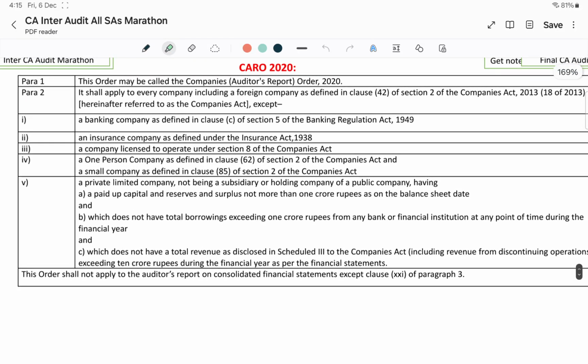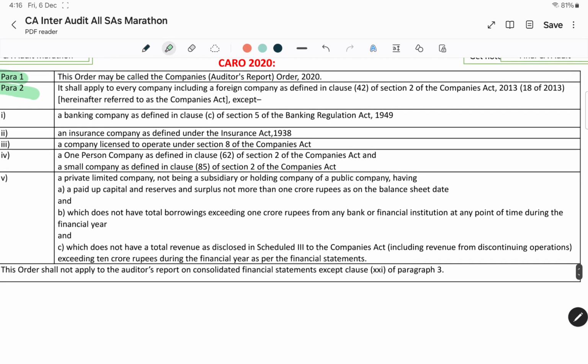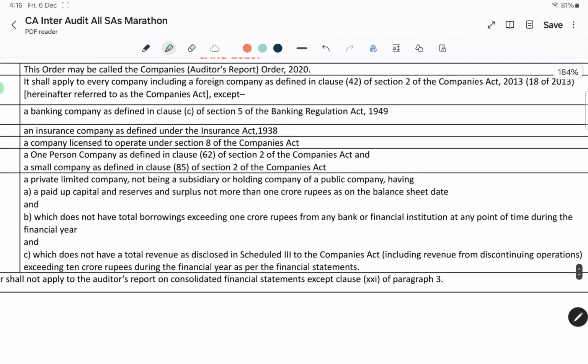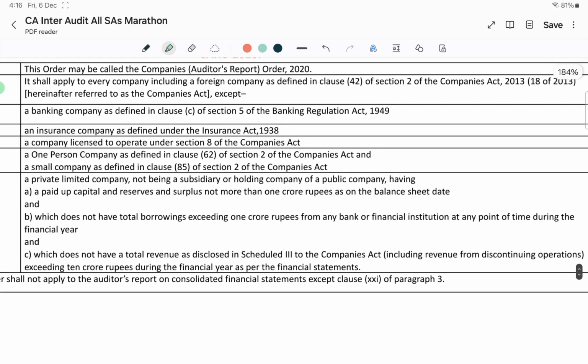CARO means Company's Auditor Report Order 2020. In that, paragraph 1: this order may be called the Company's Auditor Report Order 2020. Paragraph 2: It shall apply to every company including a foreign company as defined in Section 2, Clause 42 of the Companies Act 2013